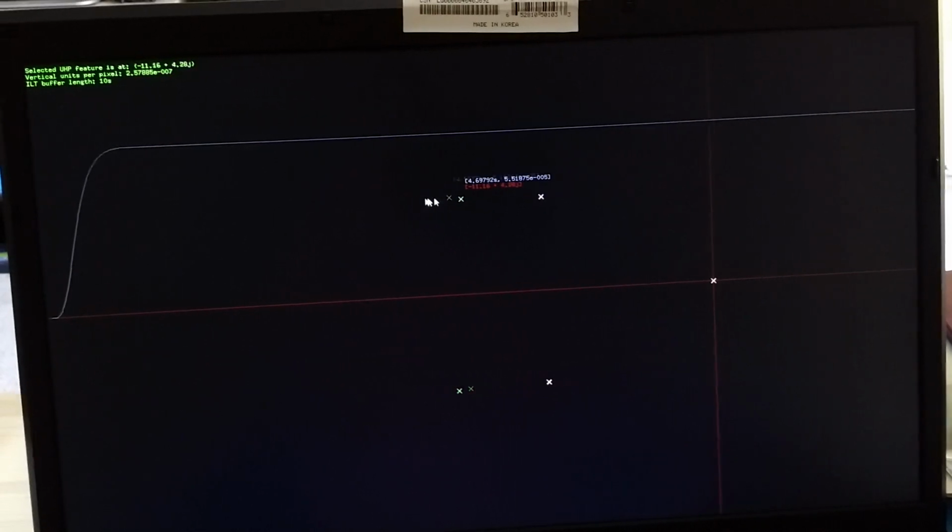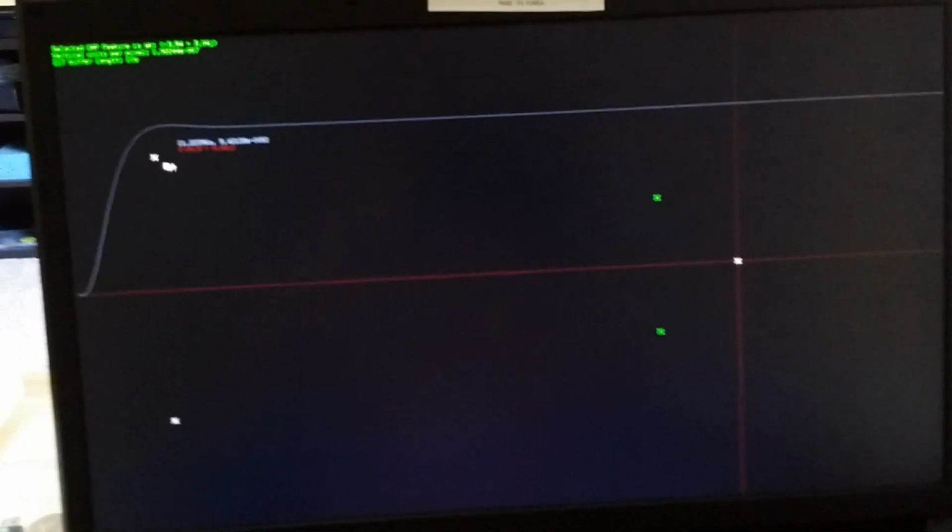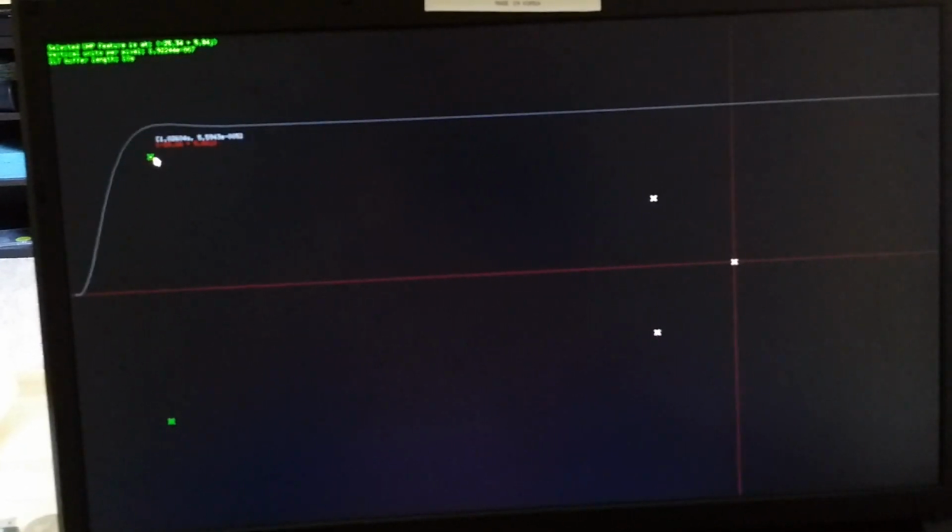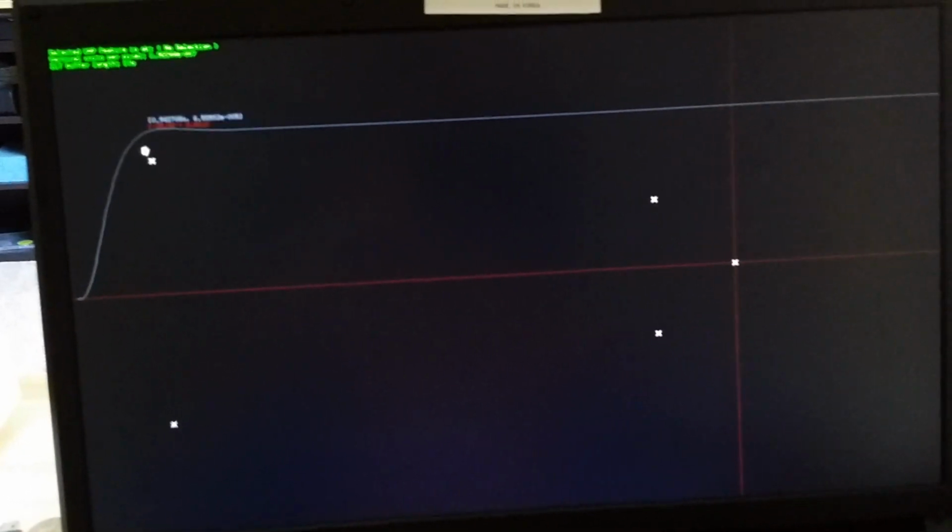And so you can move them around here, and you can see that very clearly the pole pair closest to the origin dominates the response, and the one over here, whoops, if I can grab